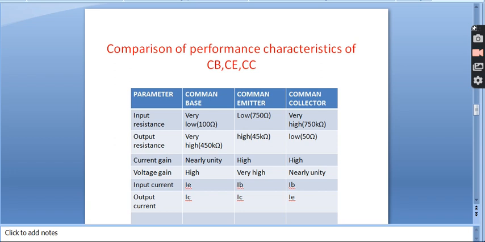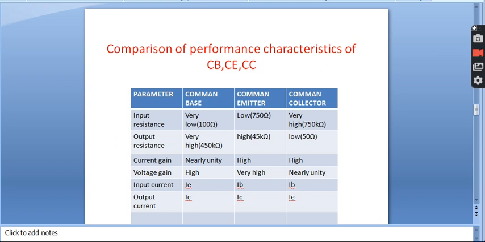Again, look at the next comparison, that is voltage gain. So voltage gain is high in common base configuration. In common emitter configuration, it is going to be very high. But in case of common collector, the voltage gain is nearly unity. Based on these comparisons of current gain and voltage gain among the three configurations, you have to observe